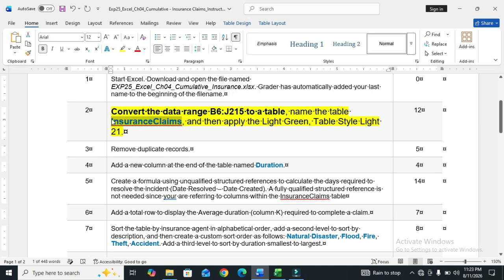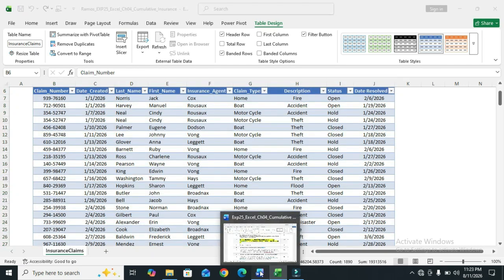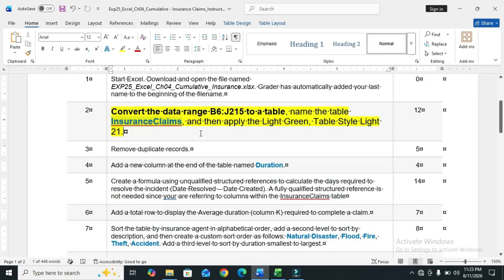Simply copy the name from the instruction and go to the table name. Simply paste it in the table name and press enter, and the name is given. So we move to the next part of this step.